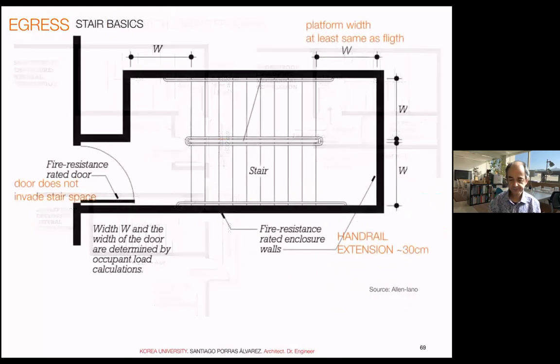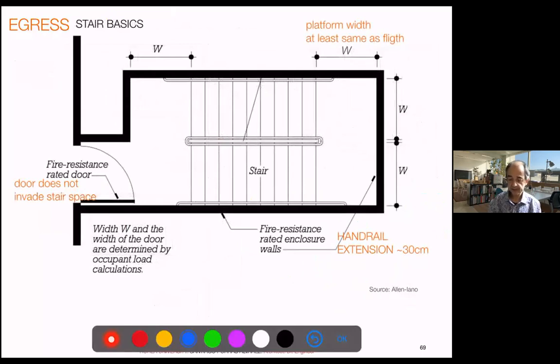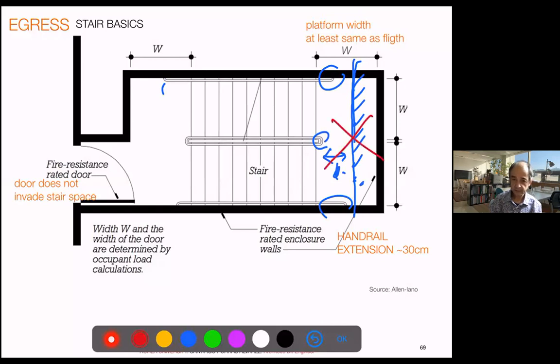Nothing is perfect. This is the perfect design of the stair. Look at the extension of the handrails and the way they are done, so they do not conflict with people escaping. So it's perfect stair design. I see in Korea very often very narrow platforms, and that becomes a bottleneck. And actually, this will be the real width of the stair. So this is totally forbidden. What could be accepted is to have this circular, right? Most codes admit it because people actually go in rounds.